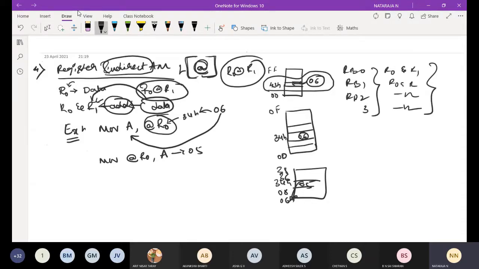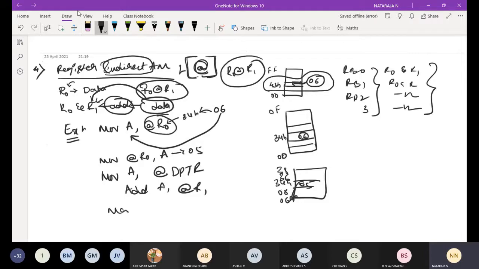Like that we have many instructions. Let us take some of them: MOV A, @DPTR; ADD A, @R1. These are valid instructions.